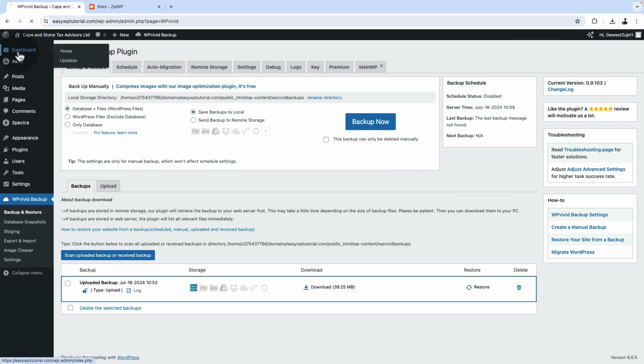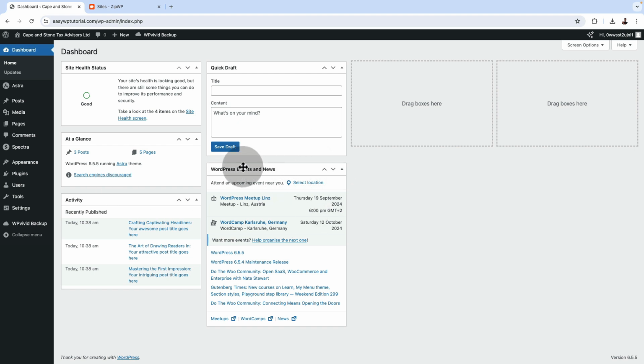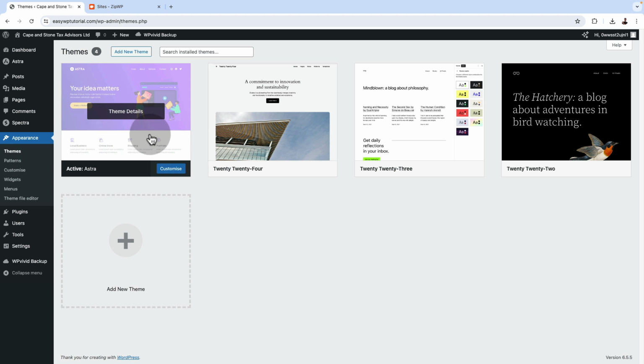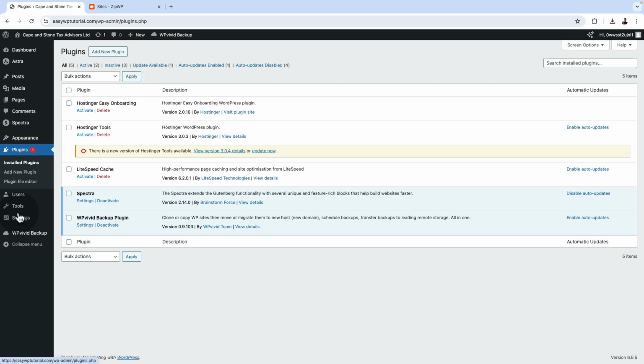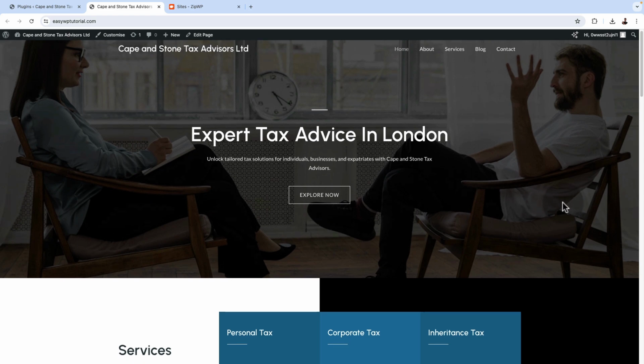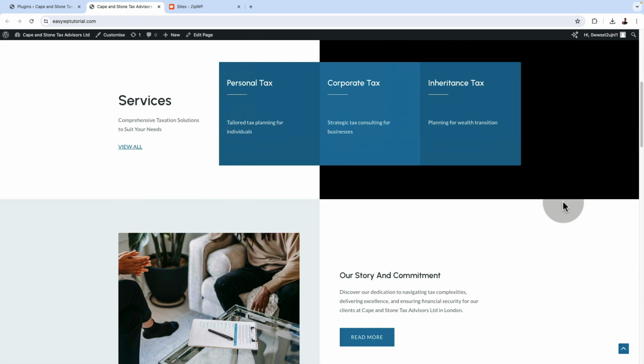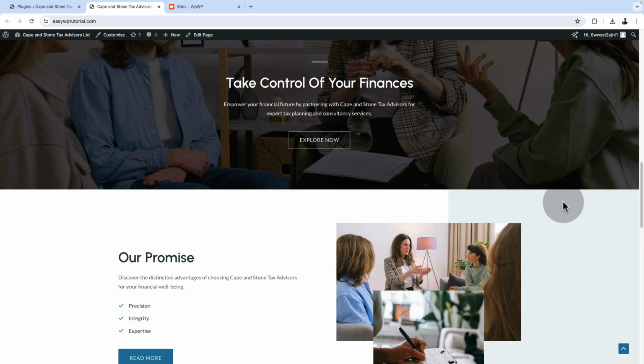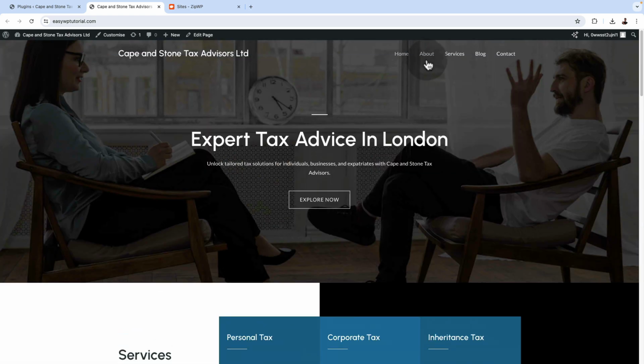So when you click over here to the dashboard, this is how it looks. And when you come over here to themes, you'll see that you have the Astra theme installed. And when you look at the plugins, you have the Spectra plugin and the WPvivid backup plugin that you had earlier installed on your ZipWP website. Now, when we go and look at the front end, you see that we have our website just as it looked when it was on the ZipWP builder. I can even navigate to other pages,